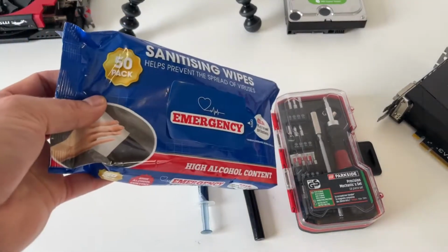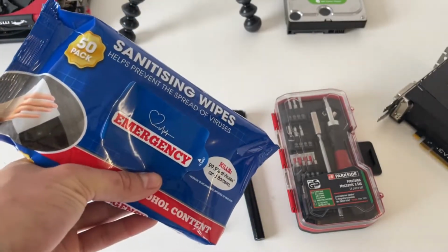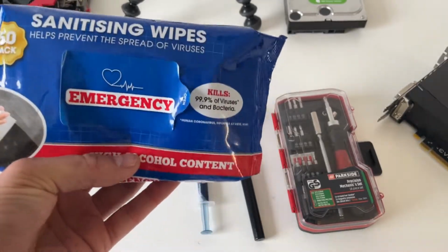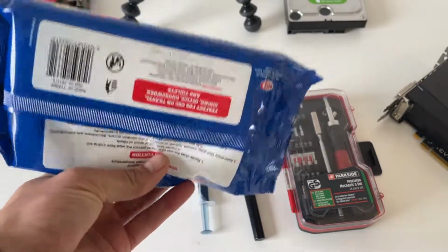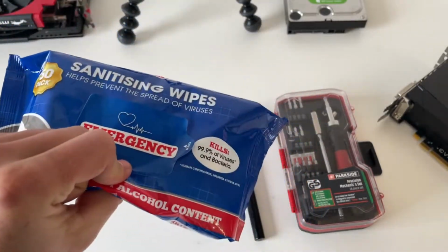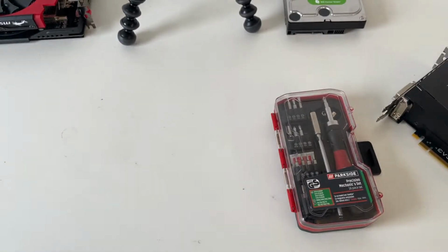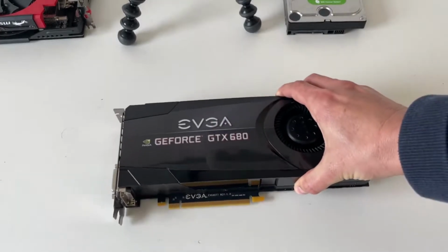And just some alcohol wipes. Again, you can pick these up from anywhere for £1 a pack, a couple of pounds a pack, just to get in all those nooks and crannies and to get the thermal paste off. It's kind of the same as isopropyl alcohol because it has a high alcohol content in the wipes to clean off the bacteria. So that's what we're going to use today for this little project. So let's get this card stripped down